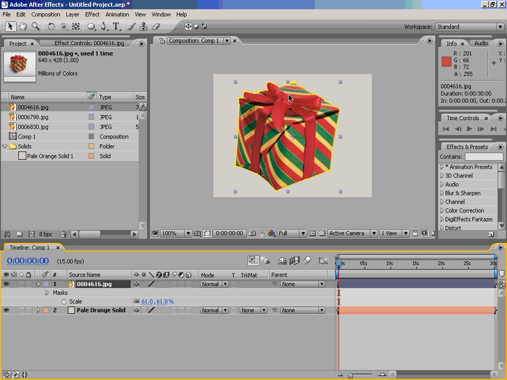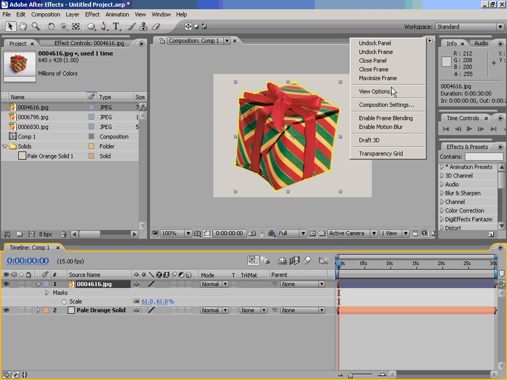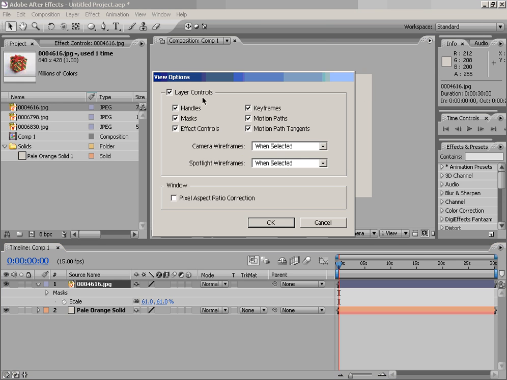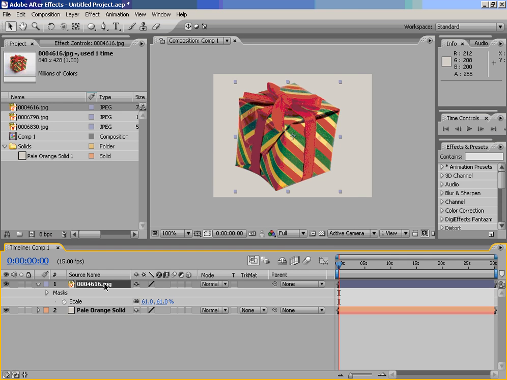Now another thing which can be a little bit of a pain is the fact that anytime you have that layer selected, you'll actually see the lines of the mask. So it looks very similar to the other one. But if you unselect the layer, then you'll see that the results of that mask will show. Well, you can actually hide that for the layer itself by going up to the layer or composition options, going to view options, and turning off masks. And even when you have the layer selected, it will not show those masks,